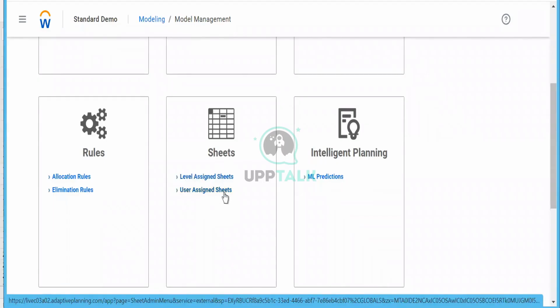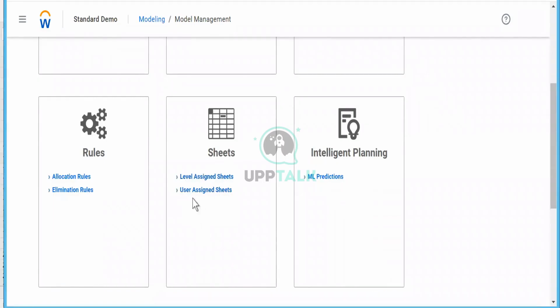Suppose it's a user level sheet. We have Rini in there, we have Thomas in there, but we only want the access to be given to Rini. It's a user assigned sheet, not a level assigned sheet. Basically, if you want to create a model only for Rini and not for you, we create it this way.